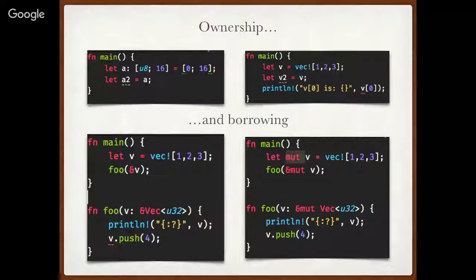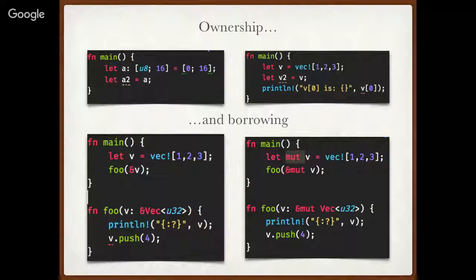Whoa. And then, if you want to modify it in another function, you have to accept a mutable reference as a parameter. So I'm saying in full, okay, I want a reference, or I want to borrow this vector, but I want to borrow it as a mutable reference, so I can modify it. And then it allows, okay, you can do that, and you can actually push stuff to the vector,